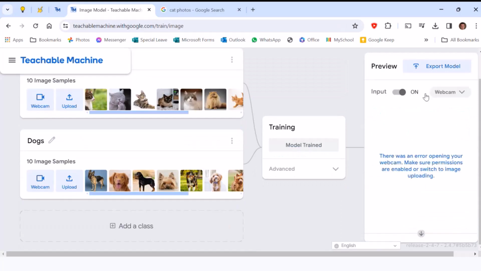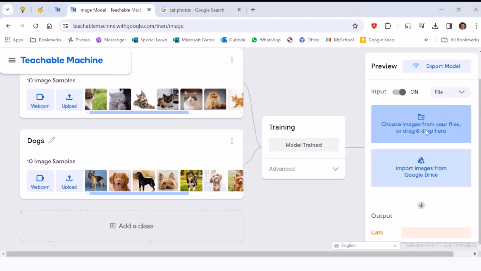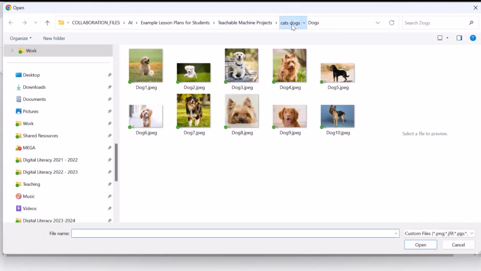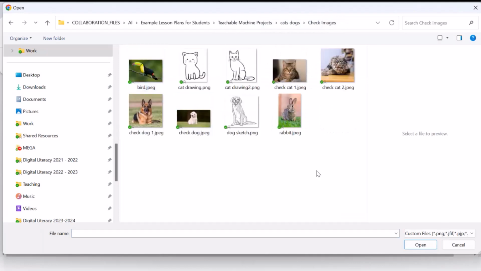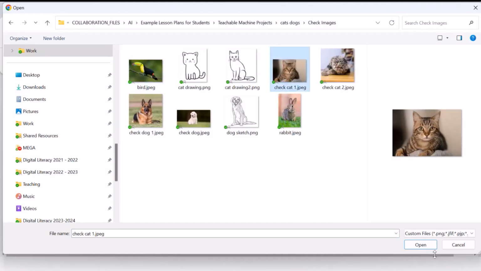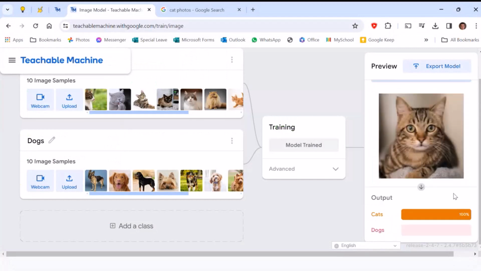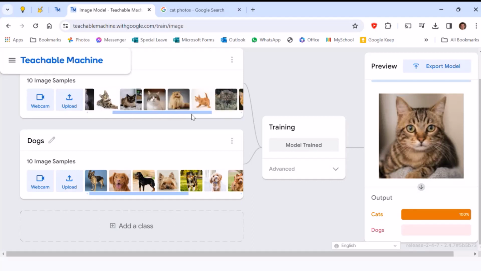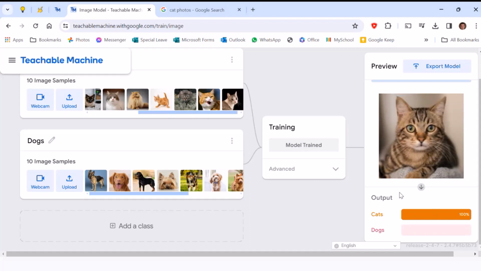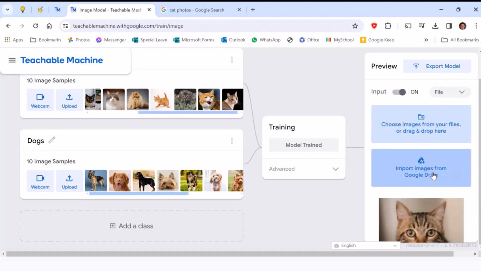Once you train the model, you can give it an input through a file, for example. So you can basically upload another photo. For example, let me try to show it a photo of a cat, and I click open. So basically I uploaded a photo of a cat which was not part of my training model. And now down here you can see in the form of a graph that it is recognizing this photo as a cat 100%. It is 100% sure that this photo is a cat.